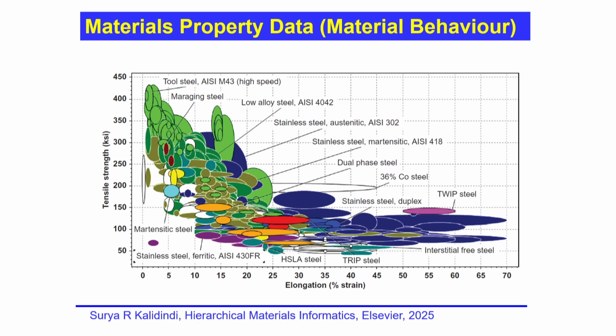This is what I showed you, this particular plot, right, in the last part of my lecture 2. So, as you can see here, this is the mechanical property data of all steels, tensile strength, elongation data. This is a chart. A huge amount of data was used to make this chart. You can extract the data out of it from the chart easily. That is what is called material property data. This is true for any kind of properties, mechanical, physical, functional, whatever you can think about, all are available.